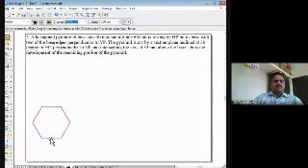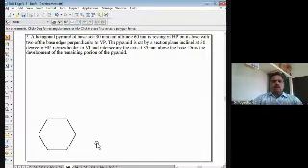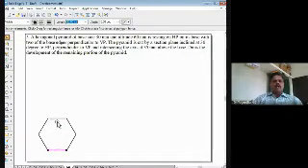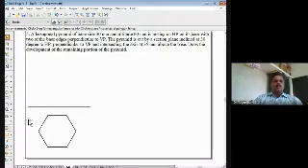So it is a hexagonal pyramid, so I have to draw the hexagon here. The hexagon has been drawn with two of the base edges perpendicular to VP. If I draw like this, the two base edges here are parallel to the XY line or parallel to VP. But they are told that it is perpendicular to VP, so I have to make two of the base edges vertical here.